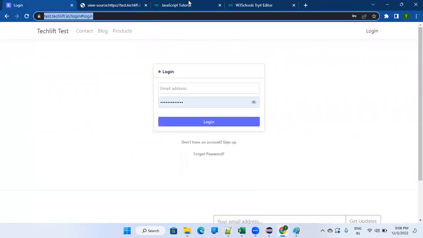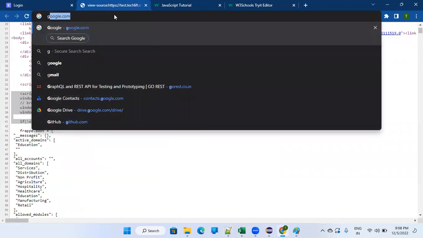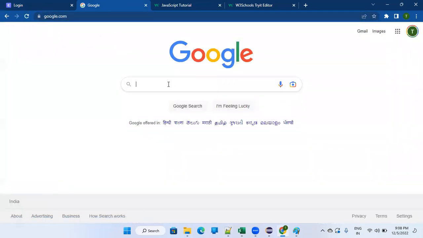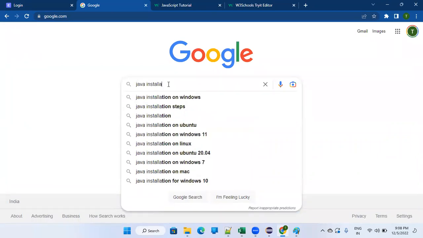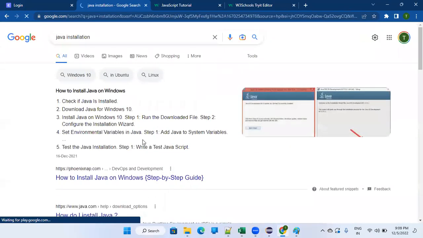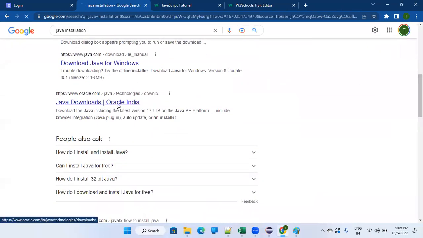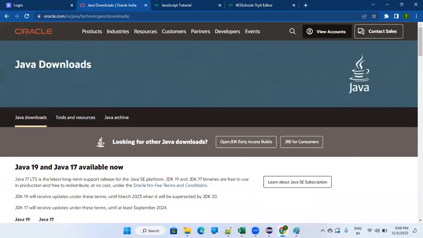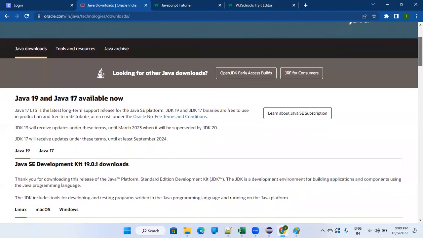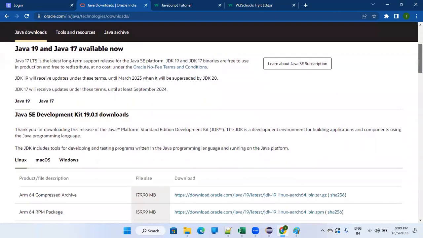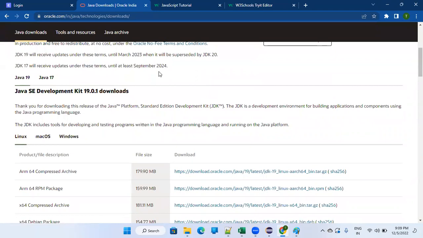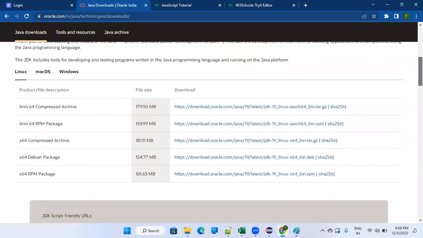Simply search on Google, google.com, Java installation, and the official website for this is oracle.com. Here you will see that the latest version is Java 19. There is JDK available. We'll talk about what is JDK, what is JRE, what is JVM, all these things. We'll learn those things. But as of now, I just want to tell you that you can install